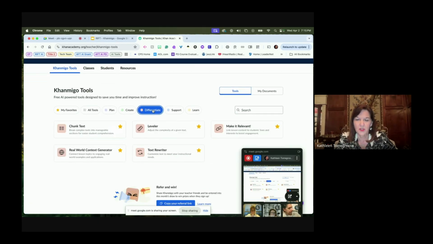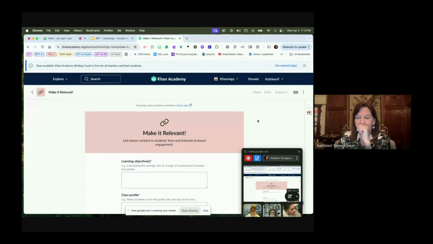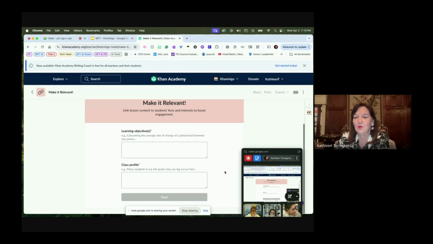And back to differentiate. The other one that I like here is the make it relevant. How many times has a kid said to you, why do we have to learn this? Well, make it relevant will prep you for that. It'll give you the answer. So you just type in what your goal of the day is.